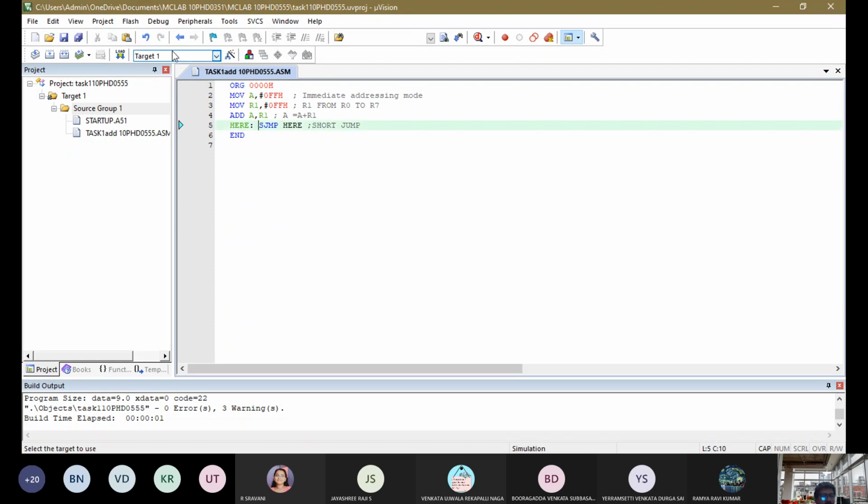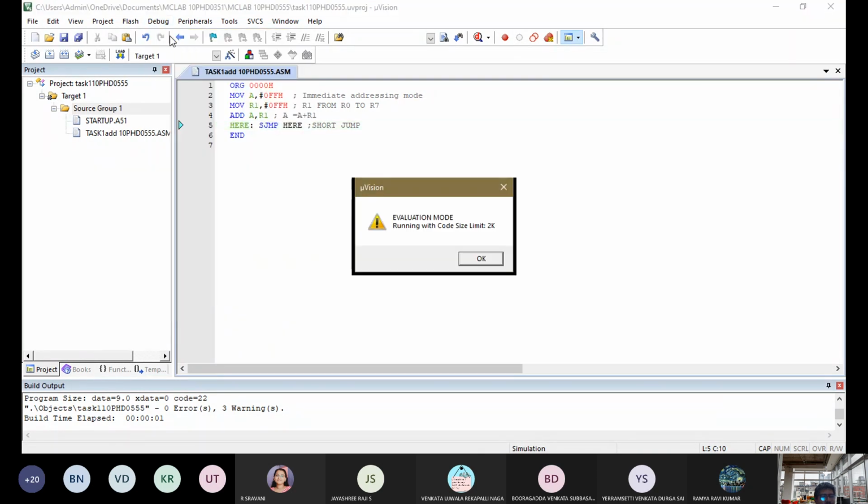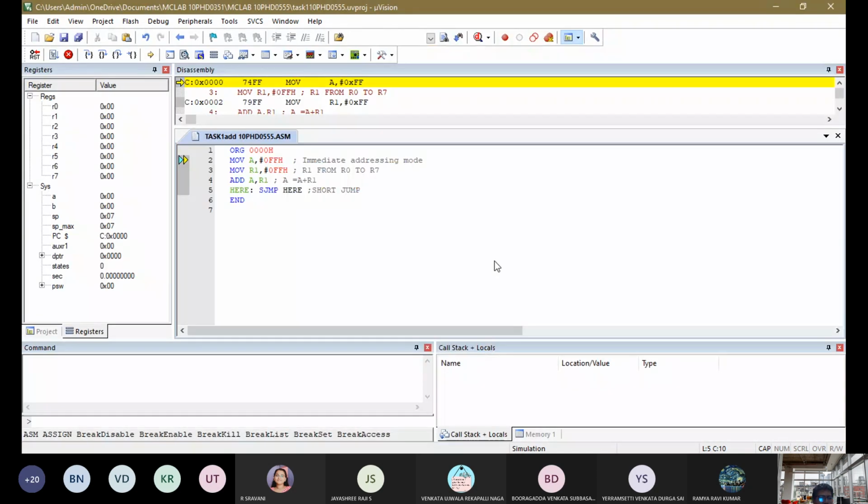When you press Control F5, it will give an error that it is an evaluation version. Everyone will get this. If you are getting this, there is no issue. It's a trial version, so we get the limitation that your program code must be very small in size, within 2K memory. Okay, leave that.